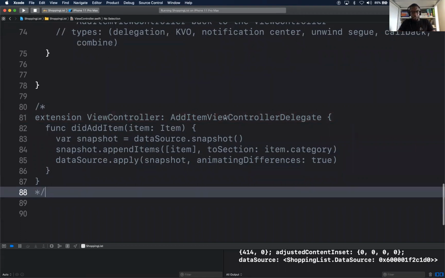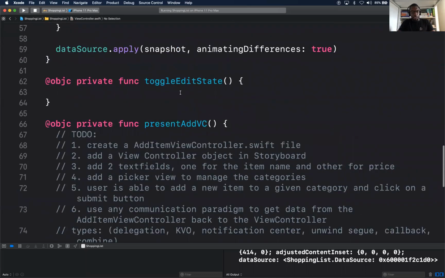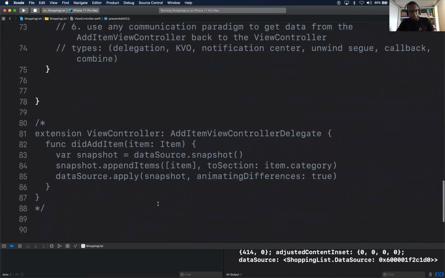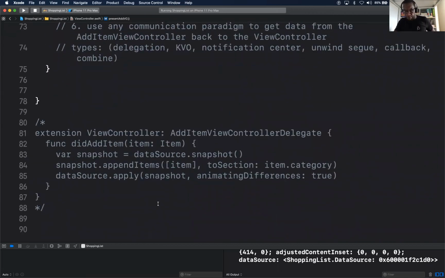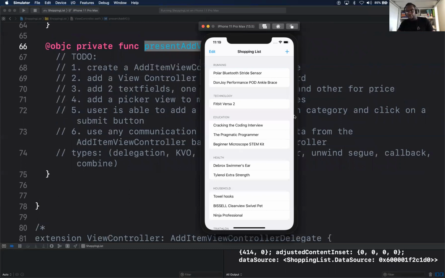Well, you probably need to set that somewhere as you pass in your present add. You need to set the delegate, correct? Yes? Yep. All right. So I gave us some hints here. So please attempt to do that particular challenge to get items added to your table view. Copy. Good. All right, cool.